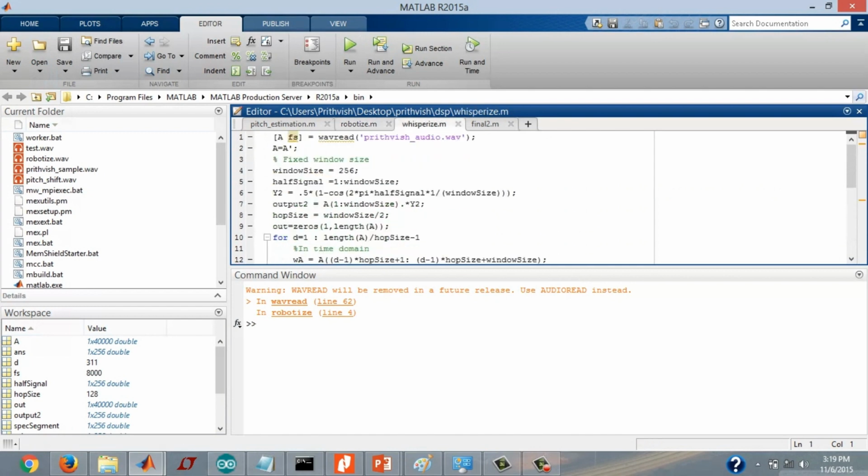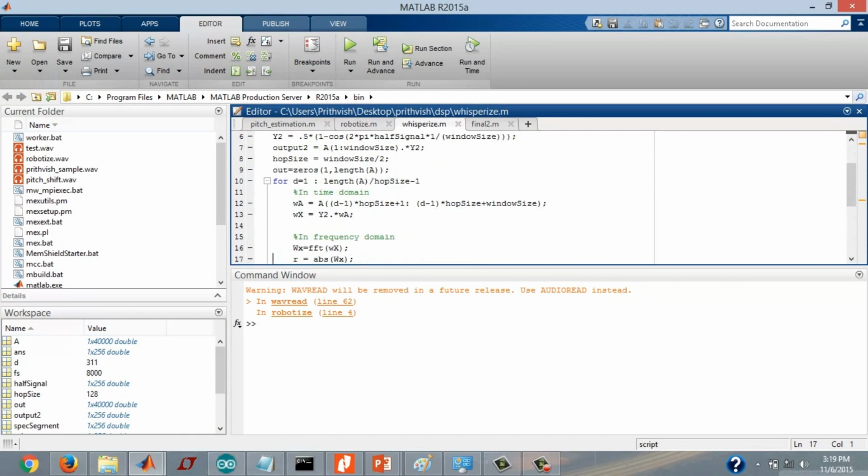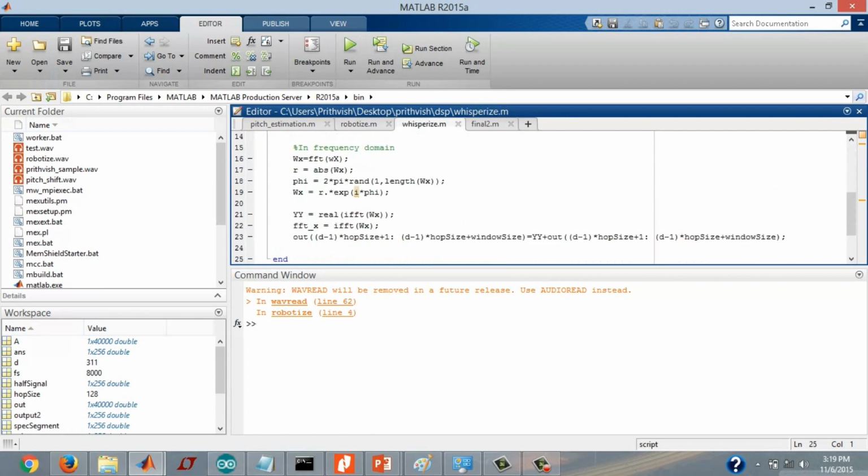The next effect which we have tried is the chorus effect or whisperization effect. In this, we take the phase values to be any random number between 0 to 2 pi. So our phase will be any random value between 0 to 2 pi, and then we convert it back into the time domain. So we get the whisperization effect or chorus effect. If I run this,